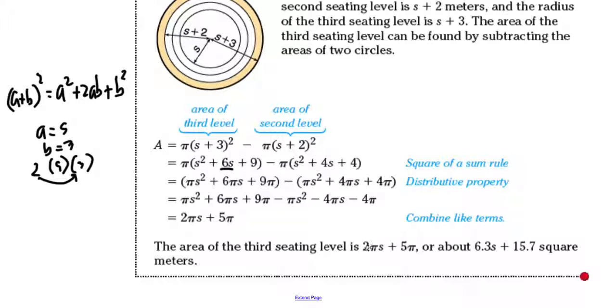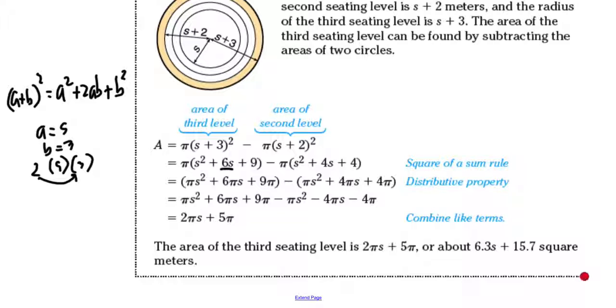And then we substitute pi with its approximate value. It would be 6.3s plus 15.7 square meters. Okay, and that is for that example. And let's move on to the next important